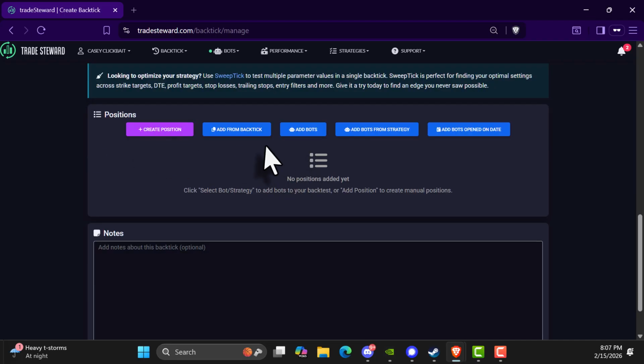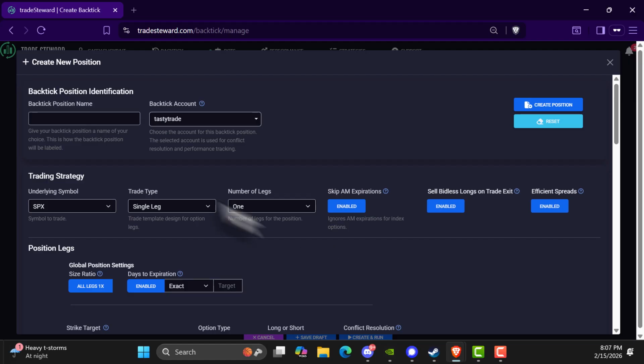And here are the options to add positions into the Backtick. Positions is how we refer to bots in tradeSteward. So we can bring over bots that we've previously created in tradeSteward, and we're going to refer to them as positions. So one way we can do it is by manually creating a position. We can come here and we can call this, let's say, short put